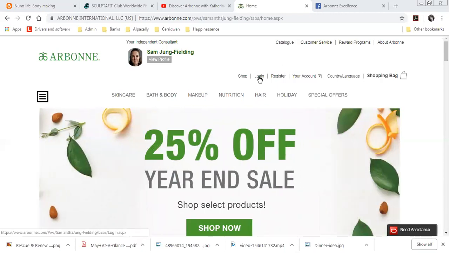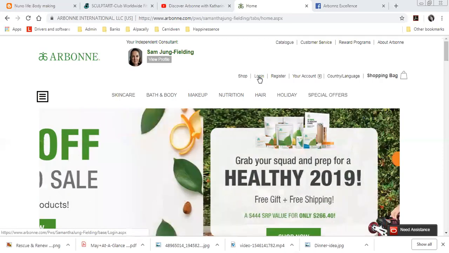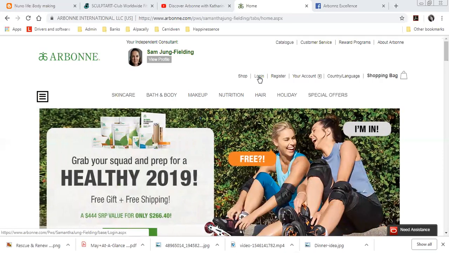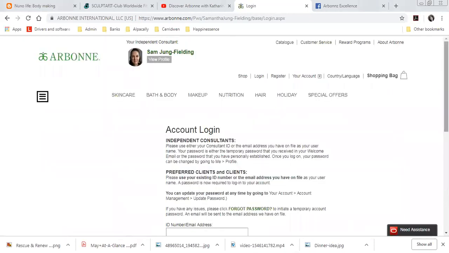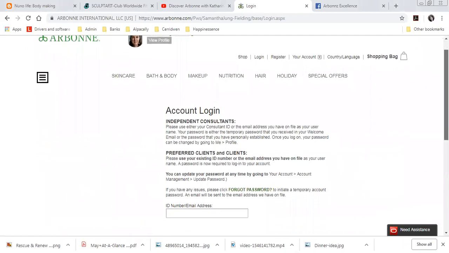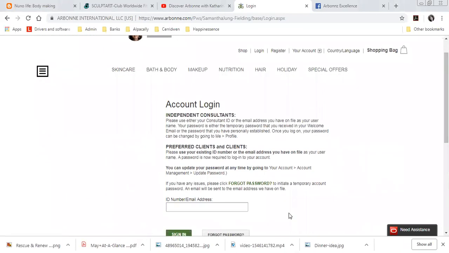So whenever you come along to work with your Arbonne My Office, you're going to need to log in first. It has to recognize that it's you. And when I push my login details here, you can do this from any point on the Arbonne website, wherever you can see login,